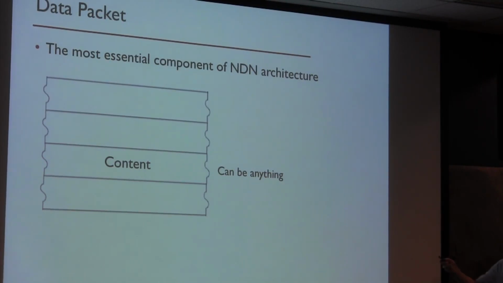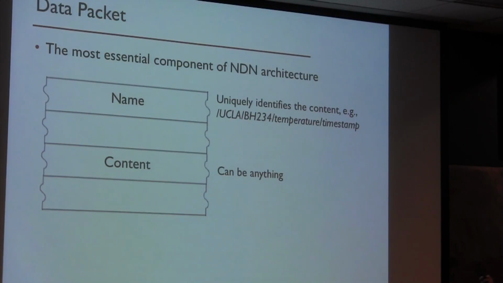Therefore, in this data packet, the first thing you notice is there's a field content, basically the payload, and that can be anything. It can be a file, a movie, your camera feed, or the temperature reading, or even the result of executing a command. Say I send a command to the light, say turn it on, and the thing I retrieve coming back is say, oh, the status right now is off. So anything can be the content, and in order to identify and retrieve the content, you need a